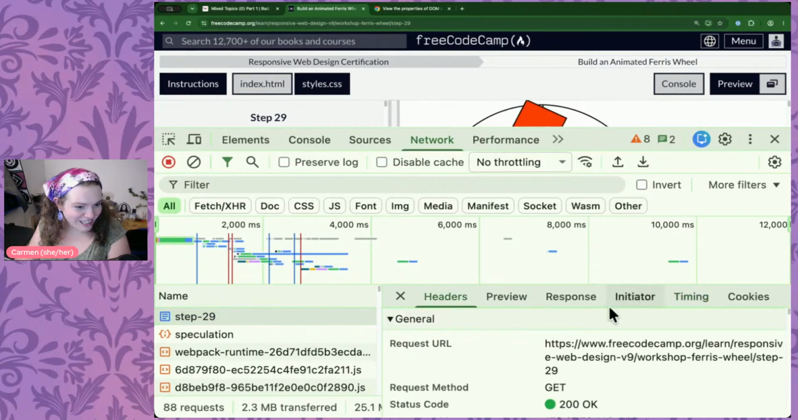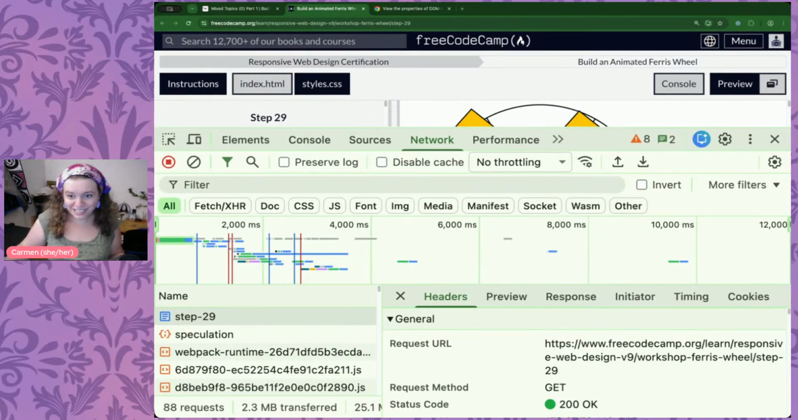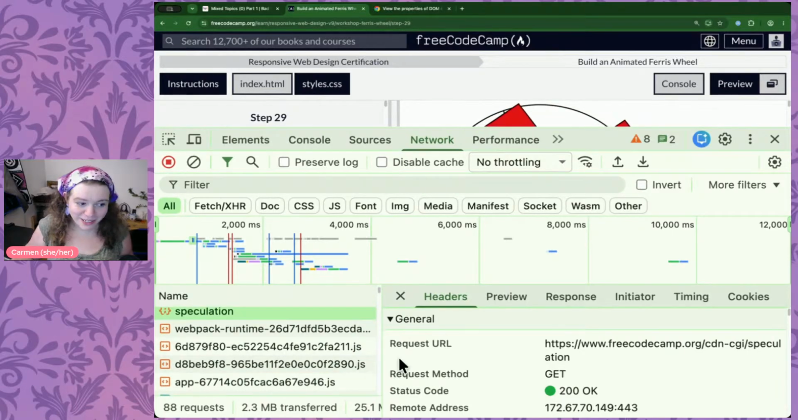So we have made an HTTP request to get step 29 via a GET. Remember the form methods? We made a GET request, and the response gave us a status code of 200 OK. That means, here you go. You have successfully received. The FreeCodeCamp server is saying, you have successfully requested and received your step 29 data. What else we got? Speculation. I don't even know what this is. There's some speculation being done by